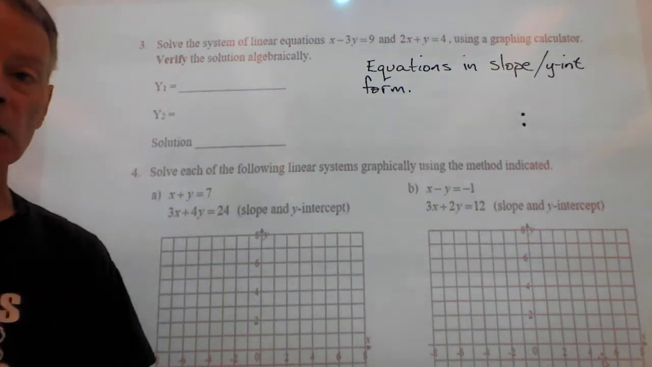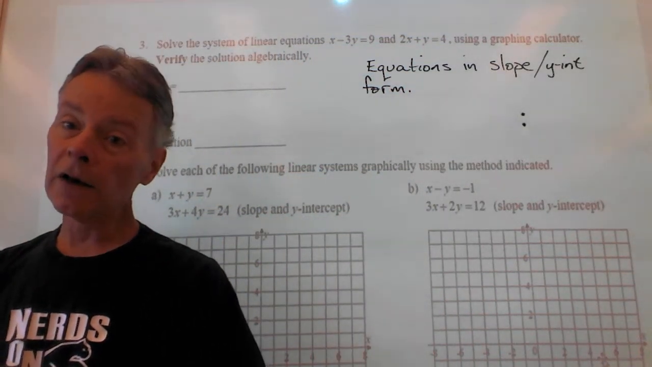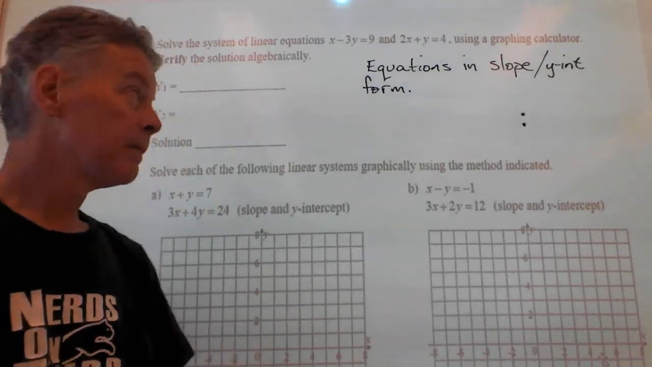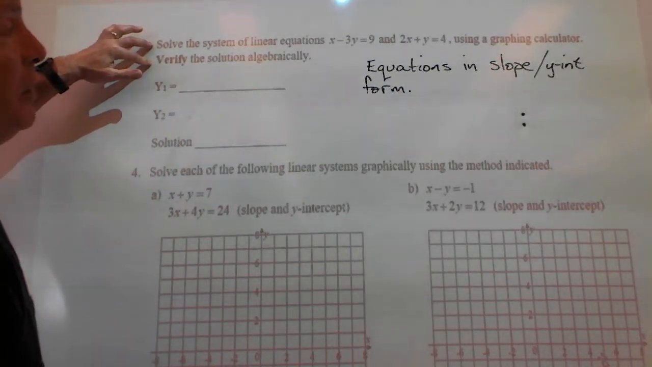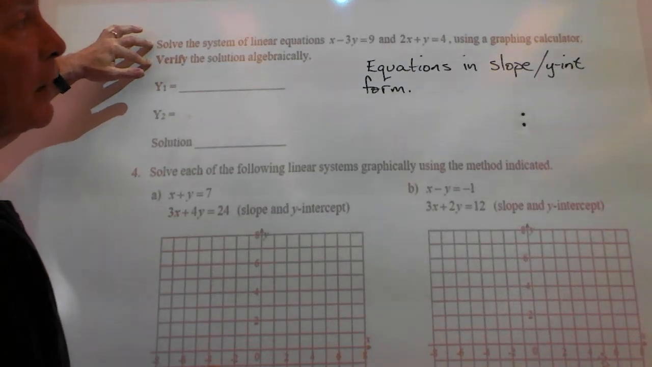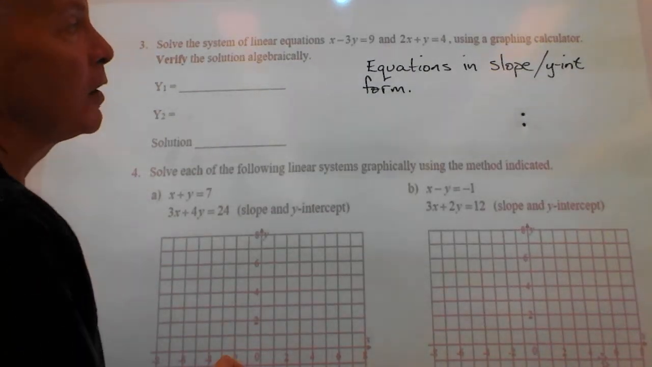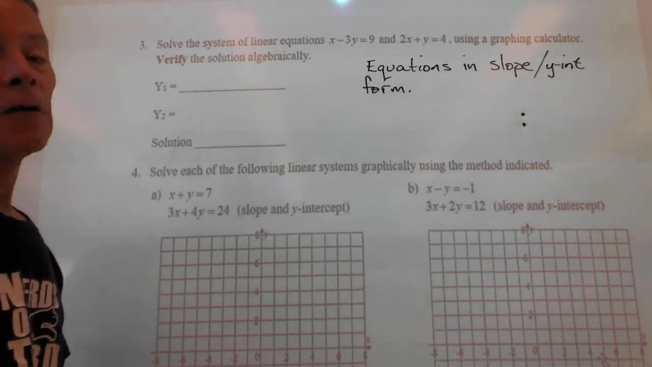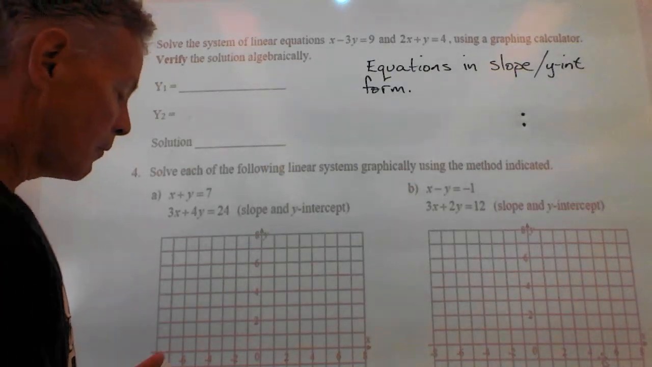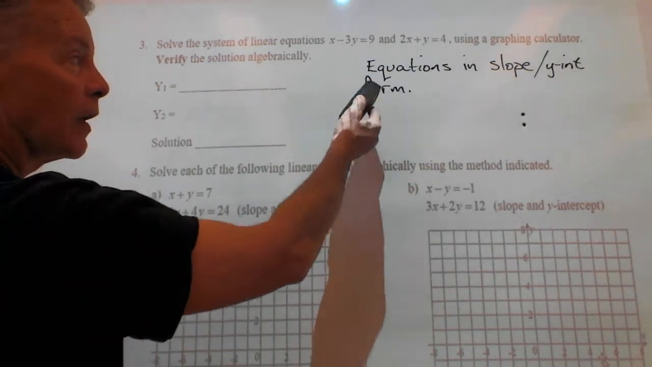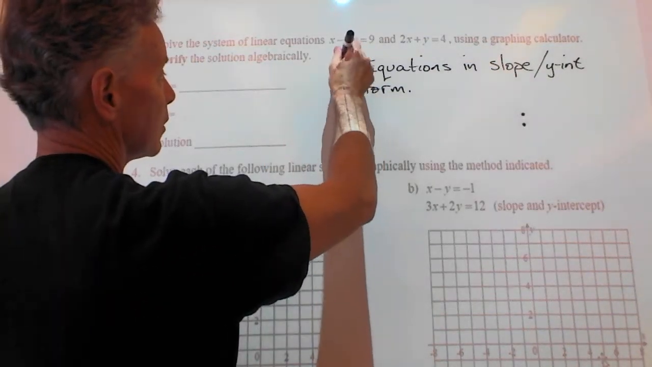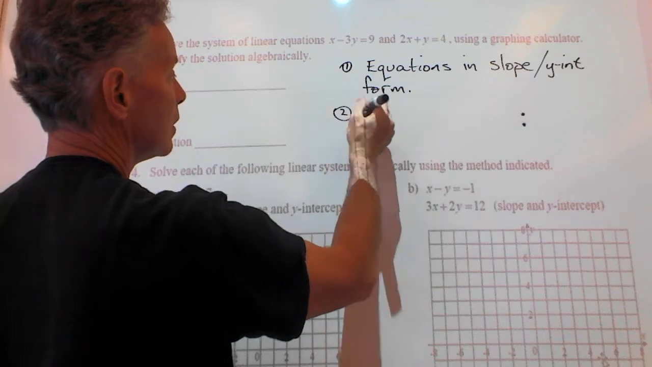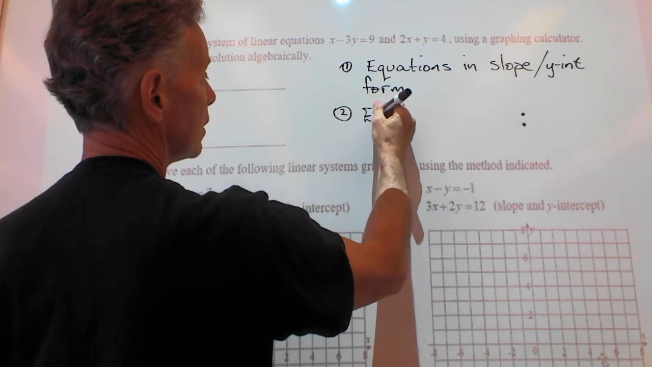Okay, that's the only thing you have to do. So again, rearranging equations. Okay, so it says, solve the system of linear equations, x minus 3y equals 9, 2x plus y equals 4, using a graphing calculator. Verify the solution algebraically. So, step 1, put your equations in slope y-intercept form. Step number 2, enter